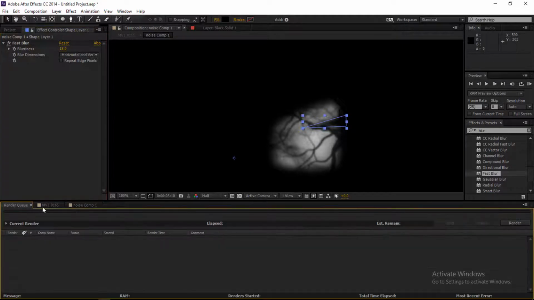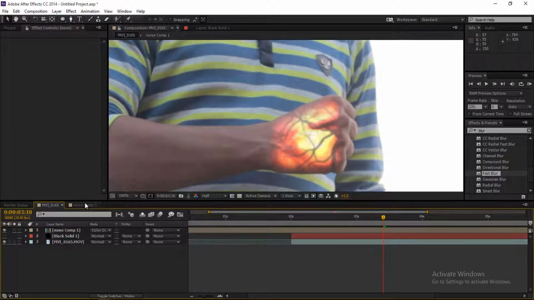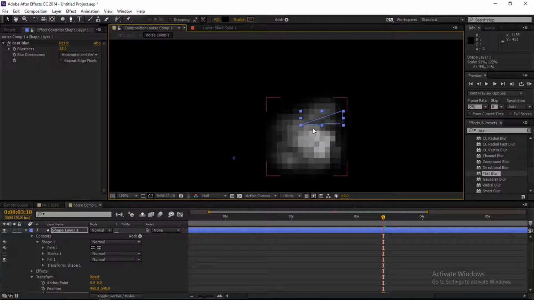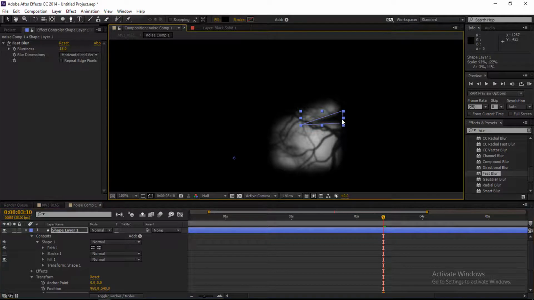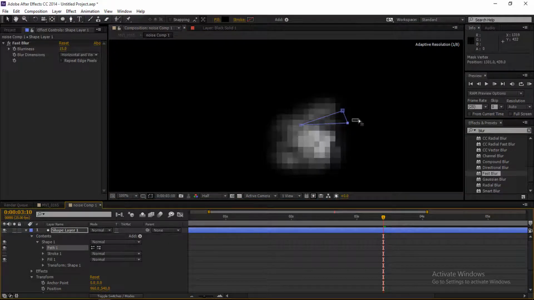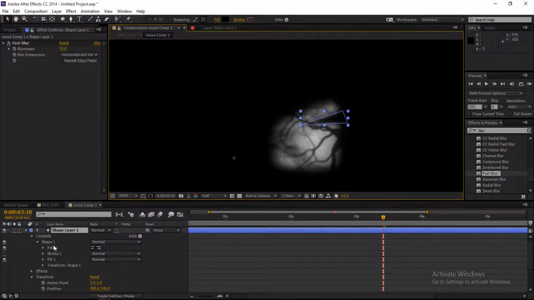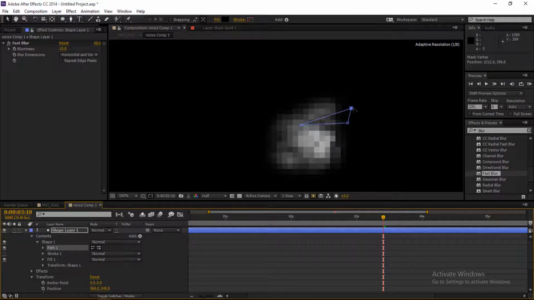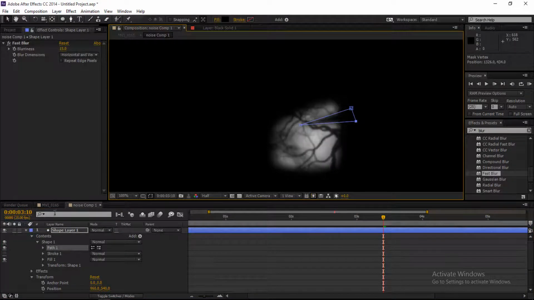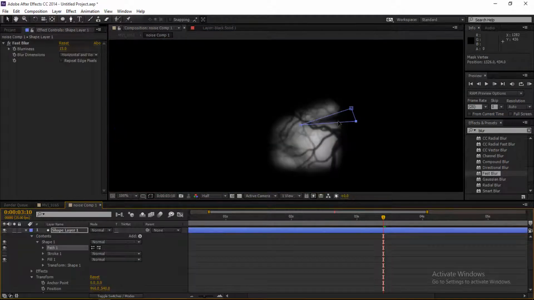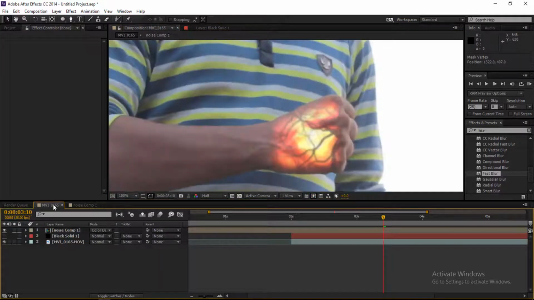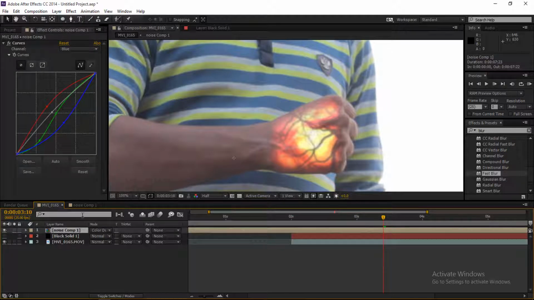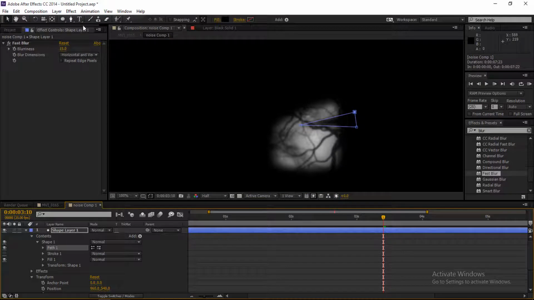Okay, it's good. Now we go to our main layer and see that it will be perfectly visible. So now a little bit of adjustment and see again it will be good. Okay, now we're gonna create a little bit. The path will be a little bit far away. Now we can see that it's not good. Okay, it's really good. Now what we're gonna do is create another shape